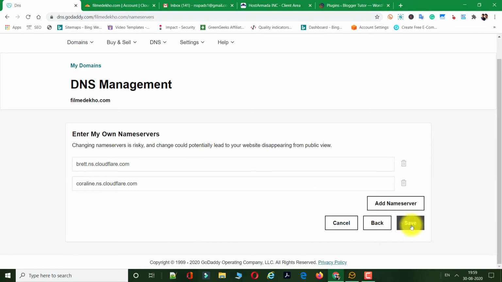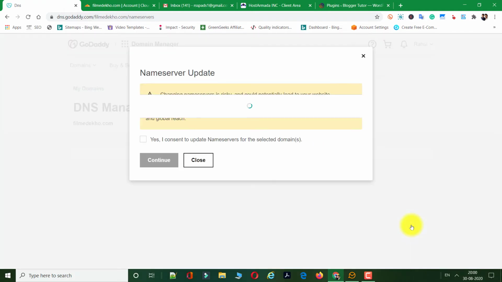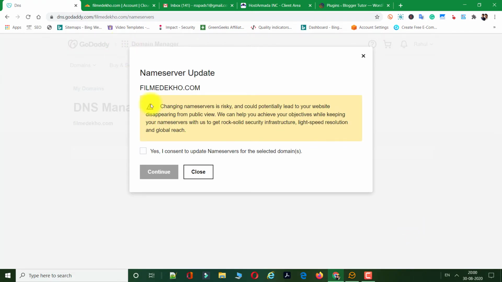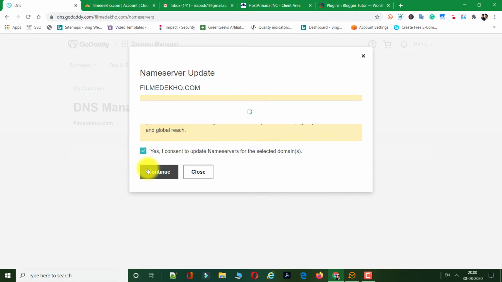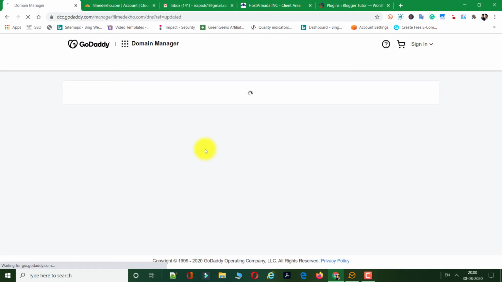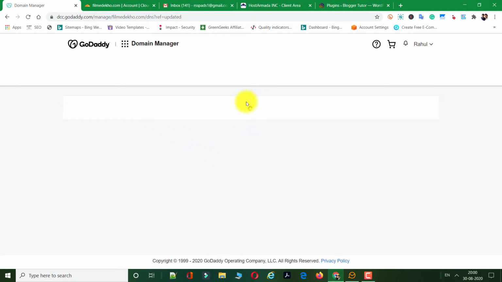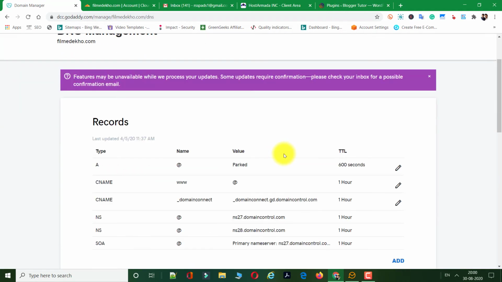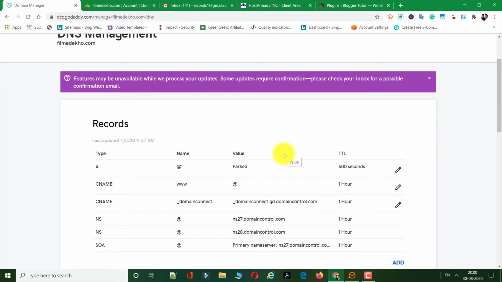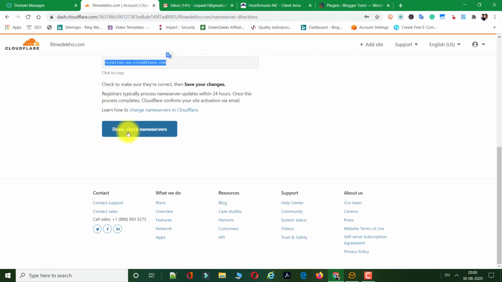When you save it, it will take up to 72 hours. Actually, name server propagation takes time. So here they are sending some notice, but I don't have to care about it because I am using a proper CDN and a proper name server, right? Now I already added the name server, but it will take time. I am telling you that GoDaddy does not take too much time, but many domain providers take time to update name servers. So you don't have to worry if your CDN is not telling that your name server has been updated. Now done.